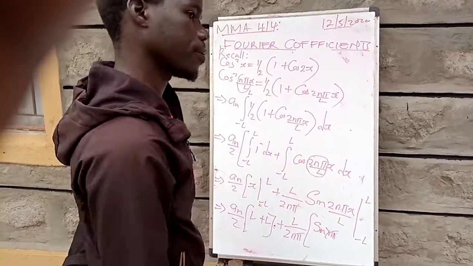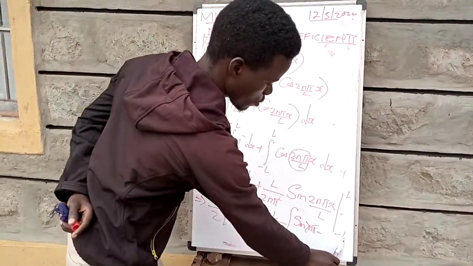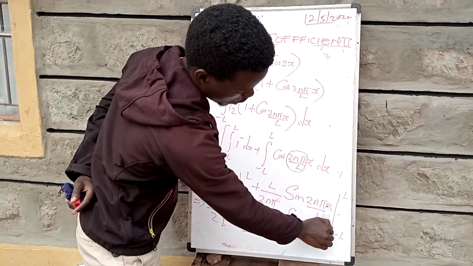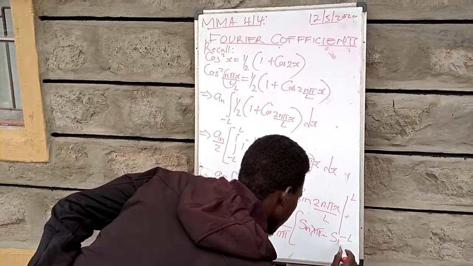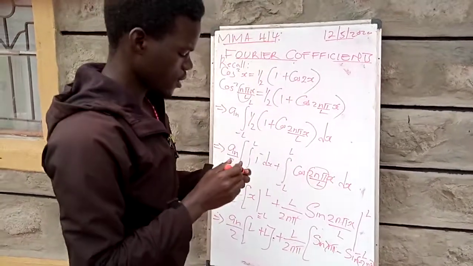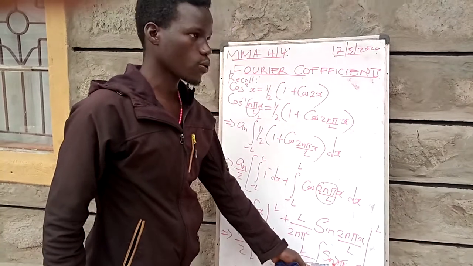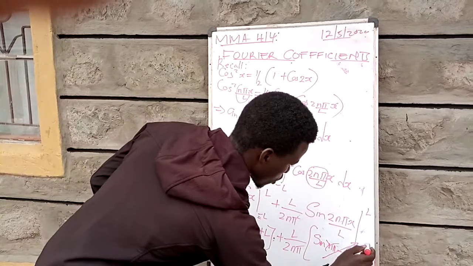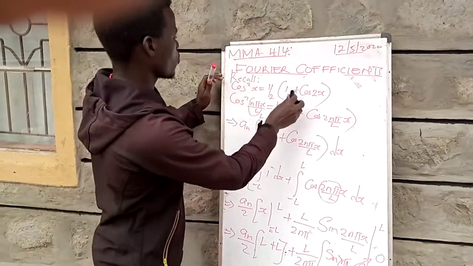twice n pi. Then you subtract: you substitute the negative L, the L will cancel with the L in the denominator, and you are going to get sine of twice n pi. And like I said, sine of n pi is always going to be 0. So everything else here drops down to 0, so that you remain with